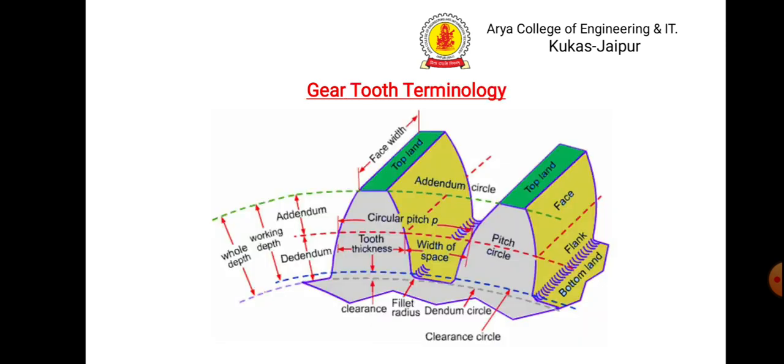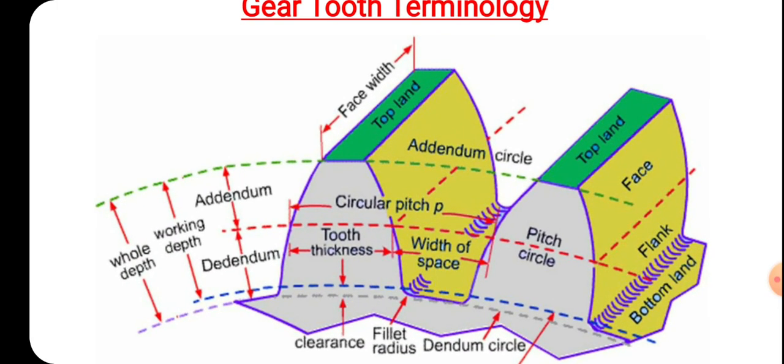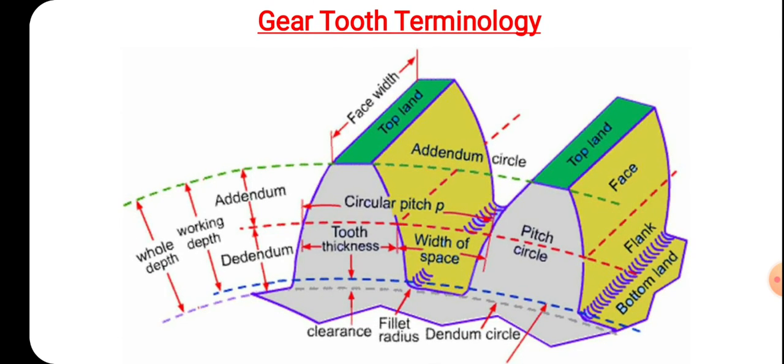Now the next one is very important, gear tooth terminology. So the pitch circle. It is an imaginary circle which by pure rolling action would give the same motion as the actual gear. Then pitch point. It is a common point of contact between two pitch circles. Then pitch surface. It is the surface of the rolling disc which the meshing gears have replaced as the pitch circle.